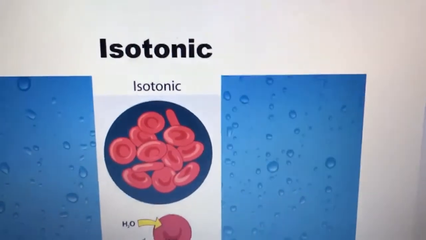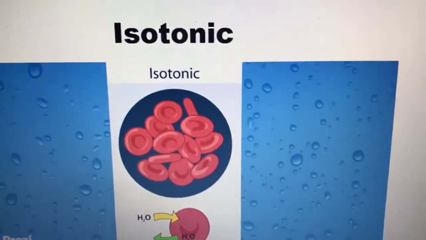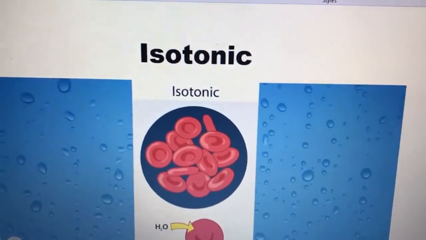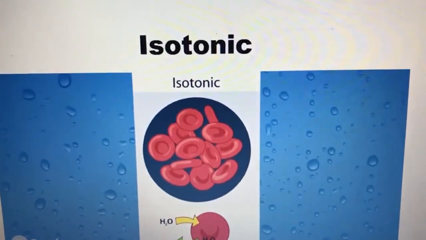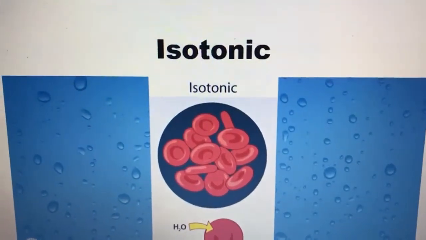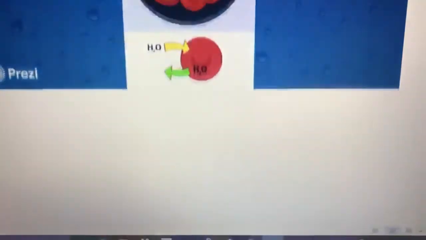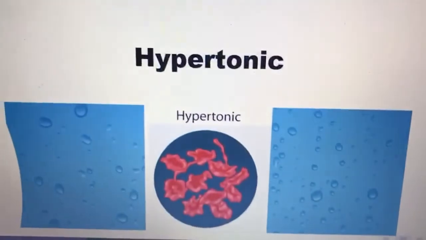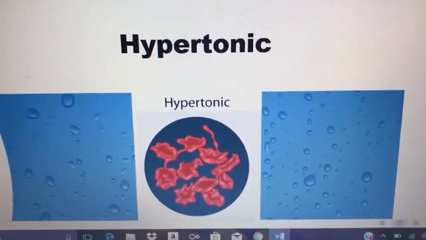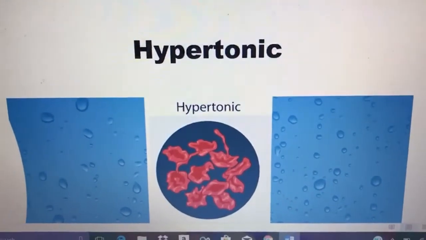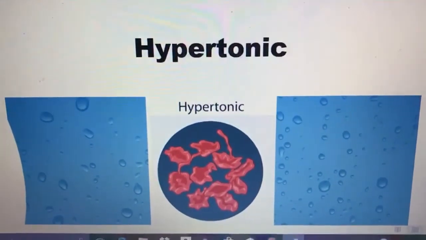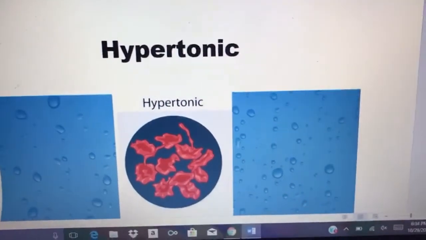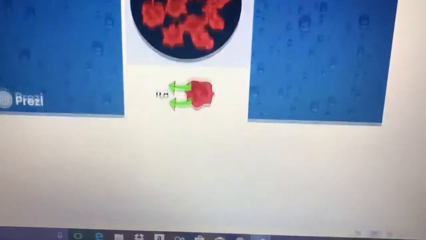isotonic osmosis. Isotonic is when H2O diffuses into and out of the cell at the same time, so there is no movement of the water. The second type of osmosis I'm going to be talking to you about is hypertonic. Hypertonic is when H2O enters the cell because the concentration of solute molecules outside the cell is higher than the concentration inside the cytosol. The last type of osmosis I'm going to be talking to you about is